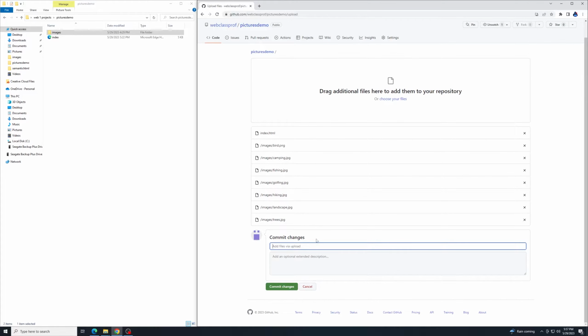You can put your change notes in here if needed. So, uploading my image project along with folder of images. I'll just say uploading image project, and then down here, index HTML along with images folder and related pictures. So that way I can look at that later and it'll make sense to me. I'll click on commit changes,